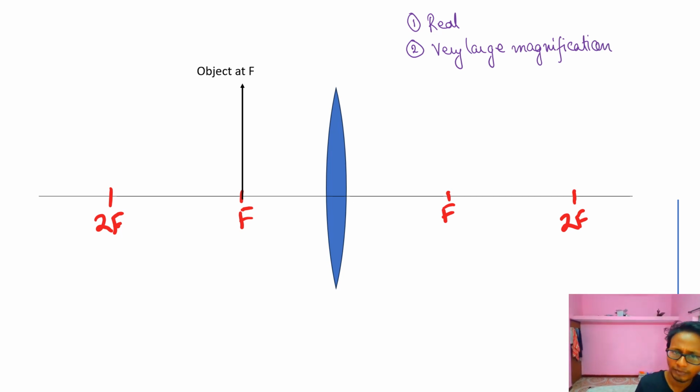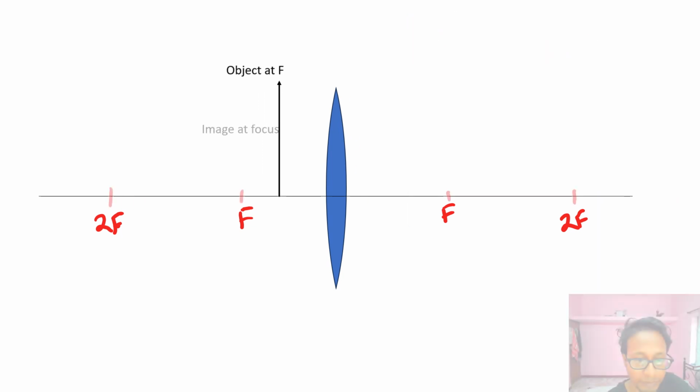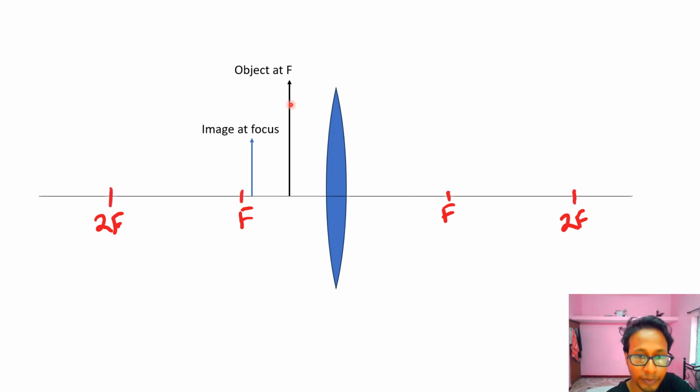Okay, but that's it. Now when we shift our object from focus towards the lens, suppose I'm shifting my object from this position, focus, towards the lens, what happens? The image suddenly shifts to the left-hand side. So as I'm shifting my object from this position to the lens, the image will also shift from focus to the lens. But out here the quality of image is